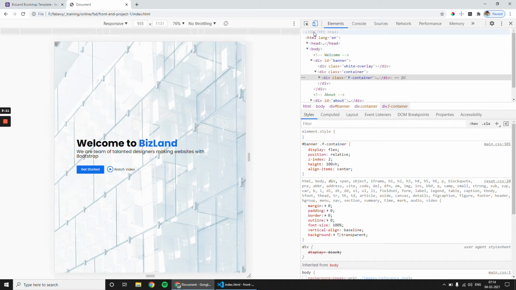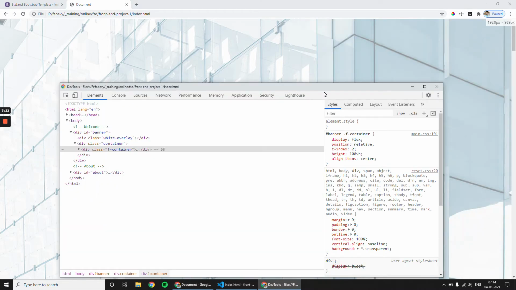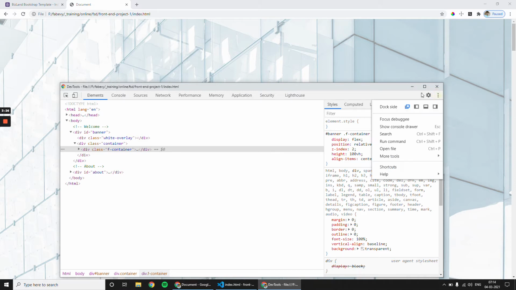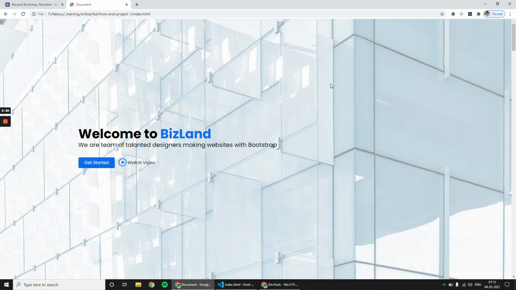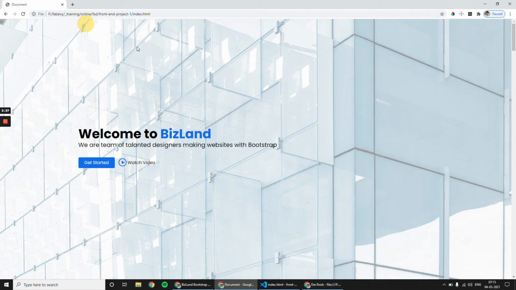To do that, you have to disable it, click here and take your developer tools outside of the browser just by clicking the first icon. Then come to your browser and take your tab alone into a new window and resize it.